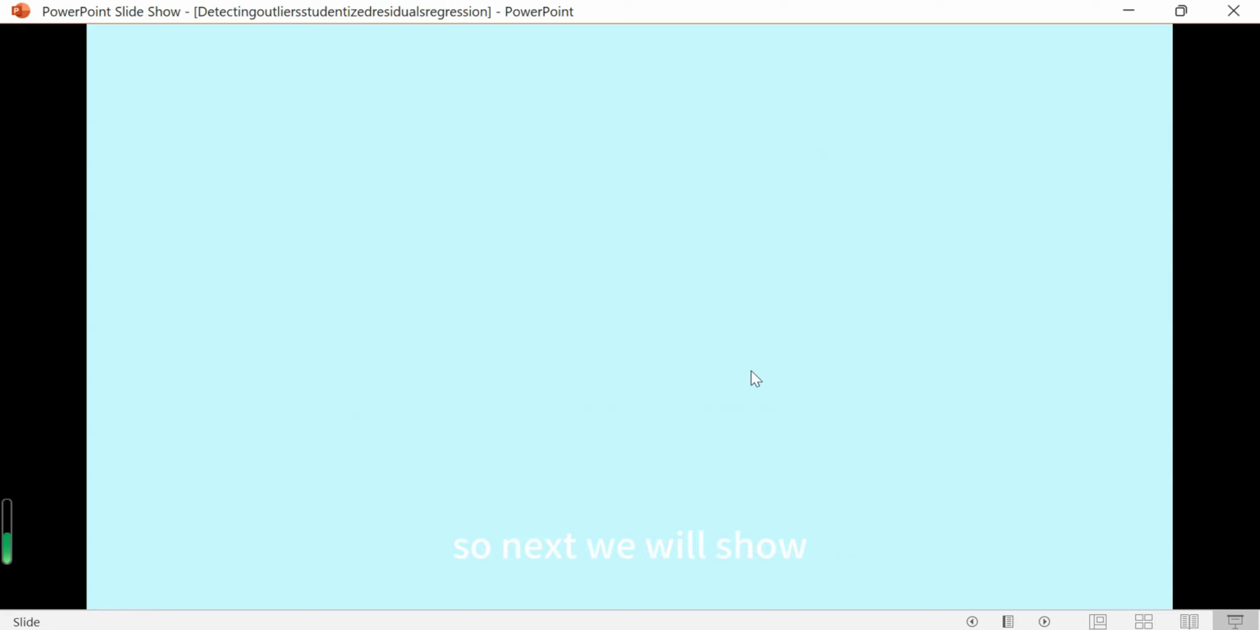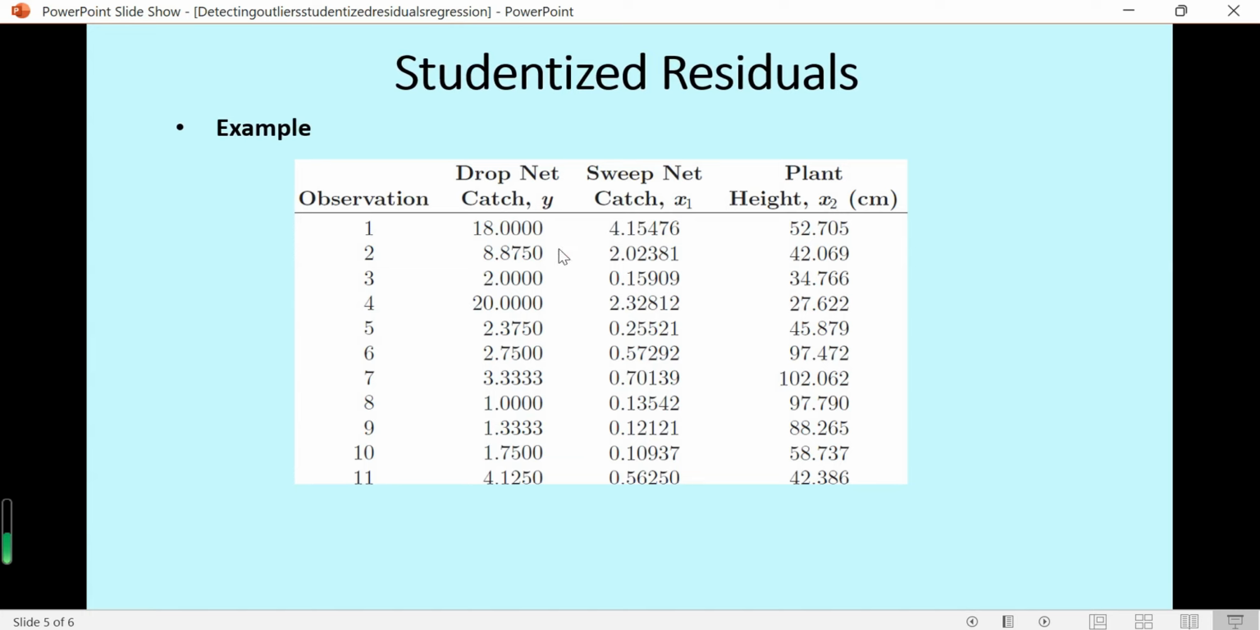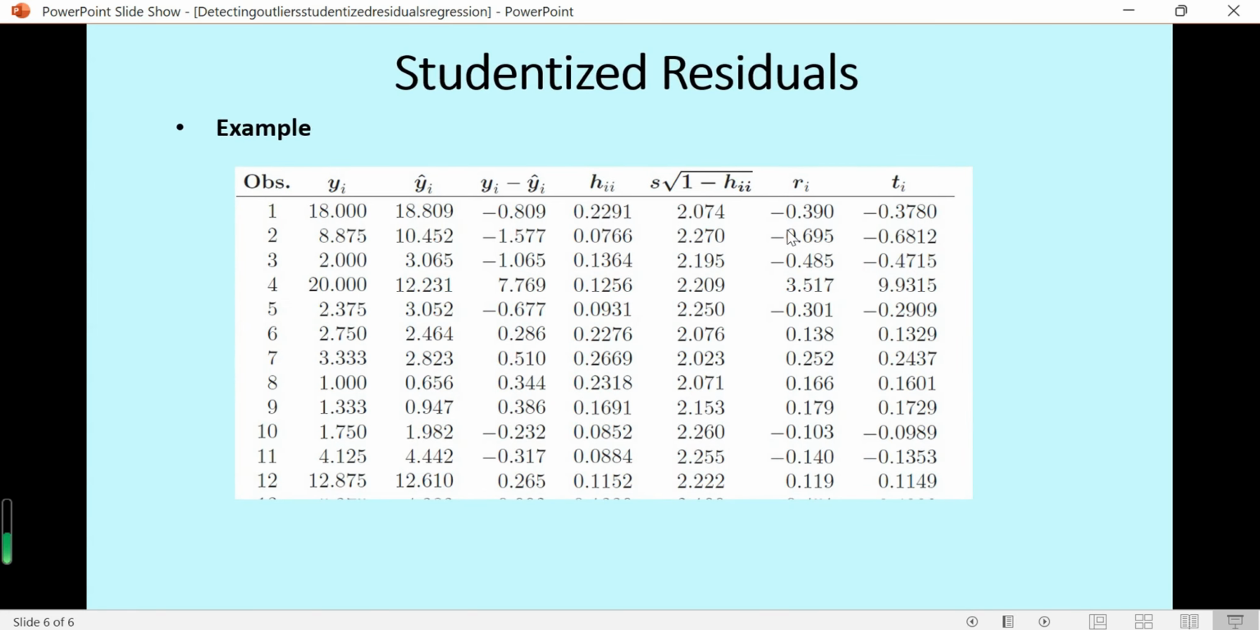So next we will show an example. Here is the data for the y, x1 and x2. Then after calculation, we can get a table for ri, this is the studentized residual, and ti, this is the student t-value. So you can see the fourth observation for these two values is